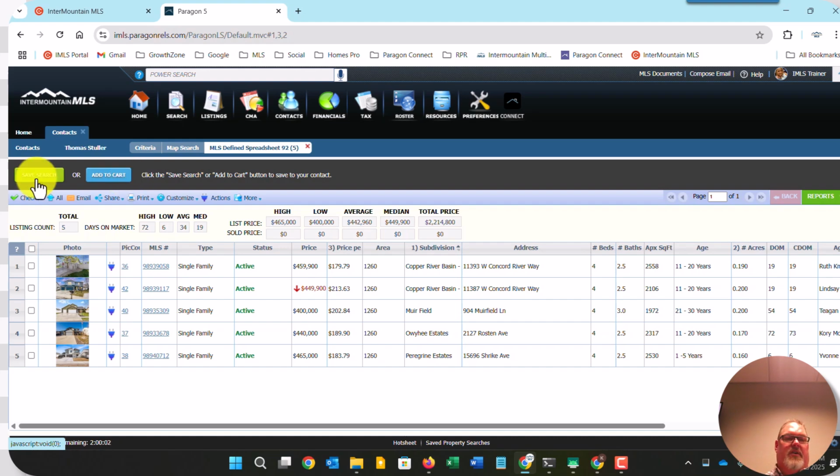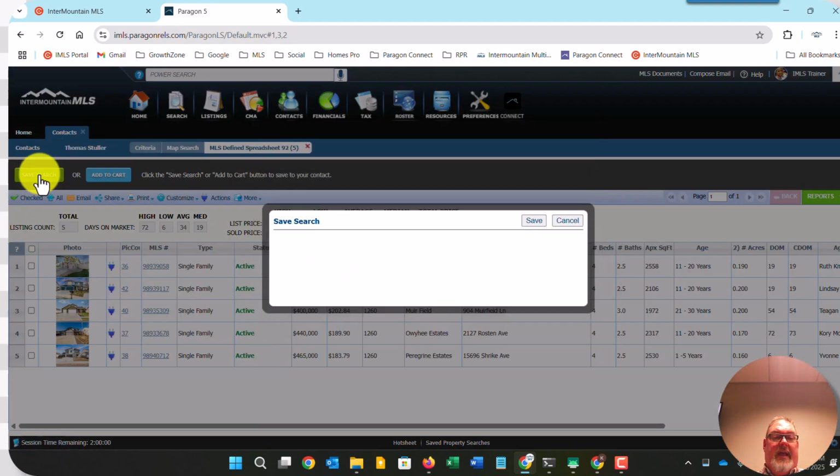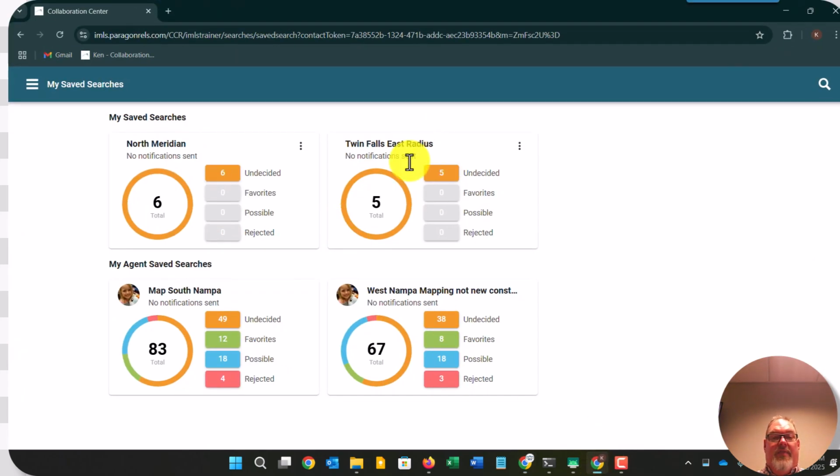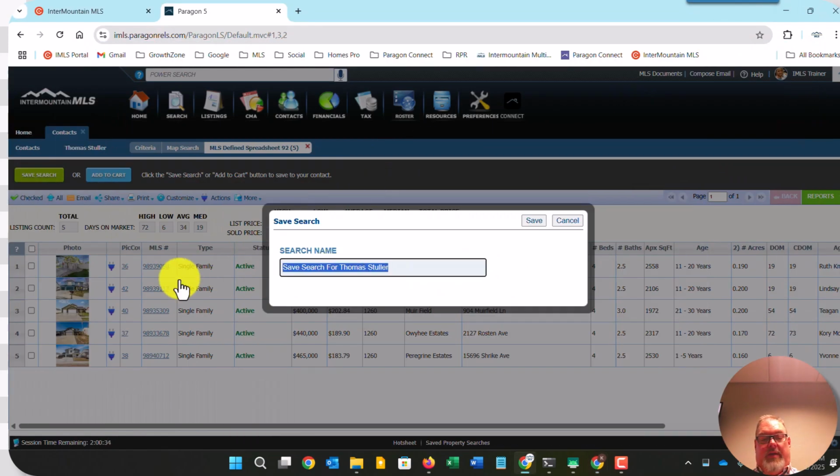So then to save the search, you just want to click on Save Search and give it a name. When you're doing it from a contact, it's going to put Save Search for the name of your contact. If you want to leave it there, that's fine. The only thing I'll use as a caveat here is on the Collab Center, they see the names of the searches. So Save Search for Ken Adams is not going to help them know what that is. So if they're going to have multiple searches set up, it might make it easier to have the name reflect something similar. So for example, maybe I want to call this Nampa